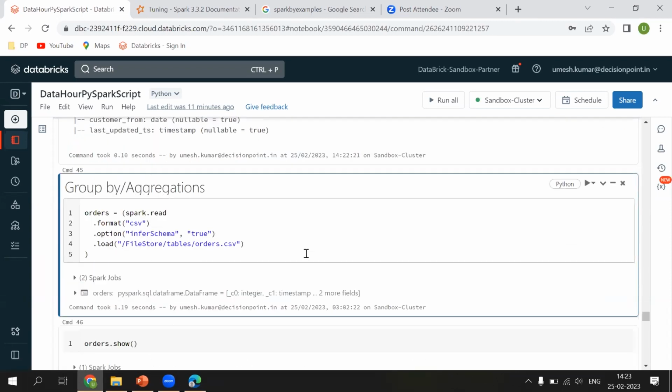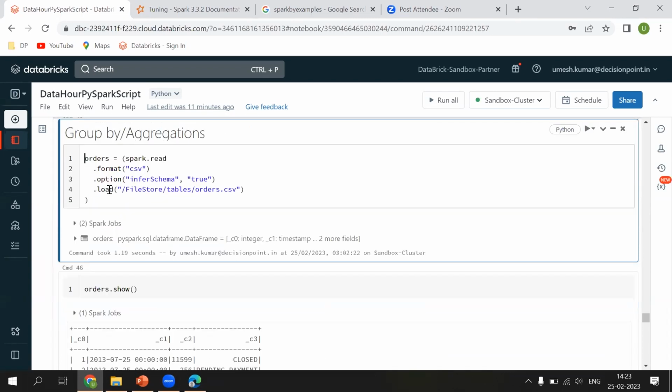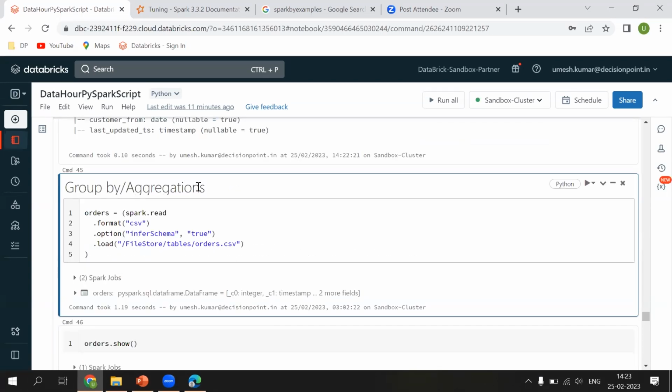Okay, now the last command that I want to show you is how to do the group by or the aggregation operations. For that, I'll be creating another data frame, orders. Initially I had created the data frame by using a list of dictionaries. Here, another thing I'll be using is reading the file in CSV format. For that, the command is